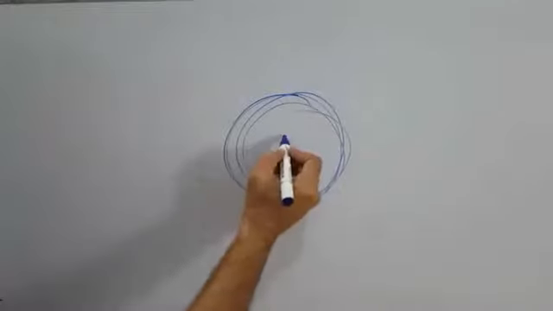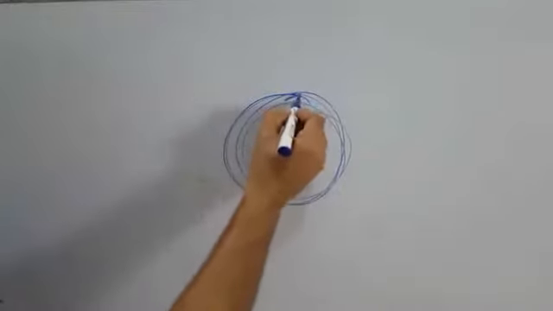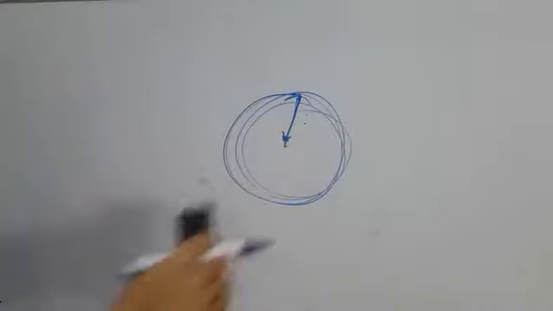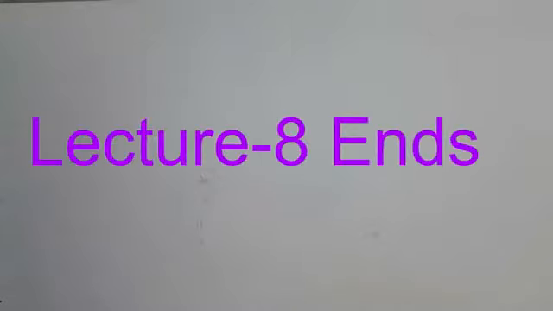And if it is not at a specified distance from here, how can its potential energy be calculated? Such other difficult concepts we shall discuss in the next lecture, lecture number 9. Till then,